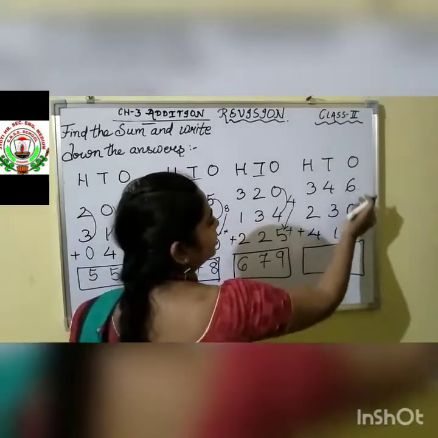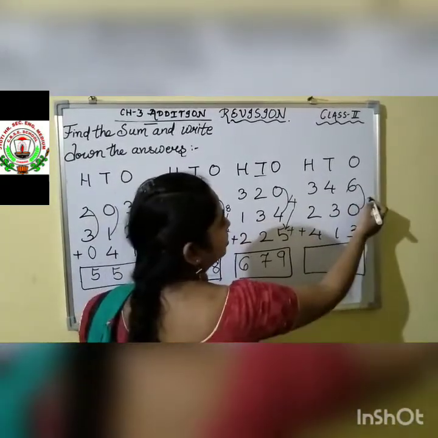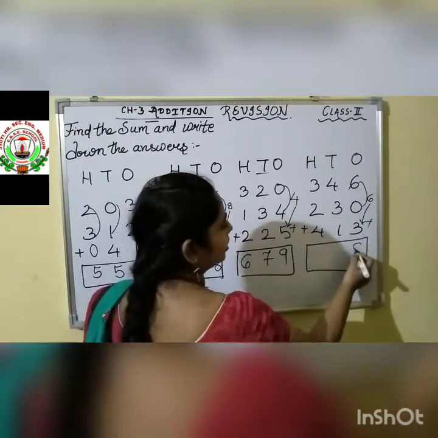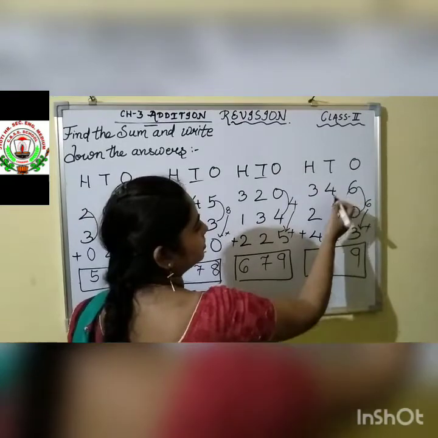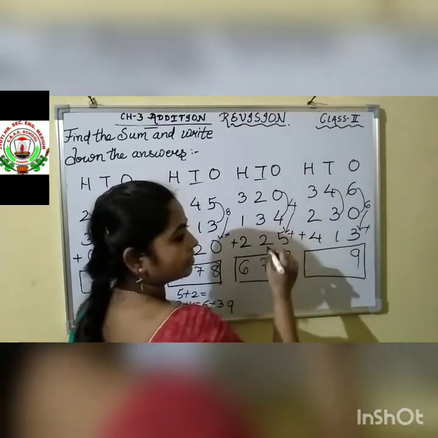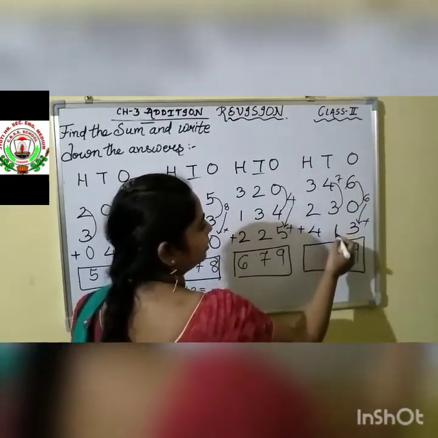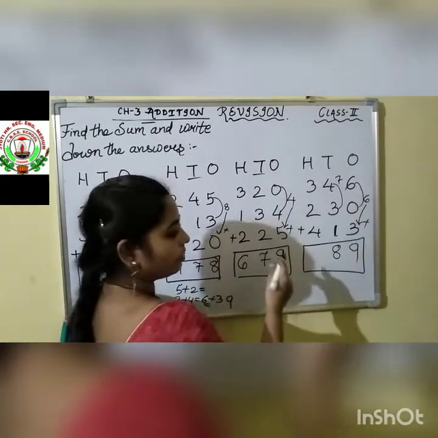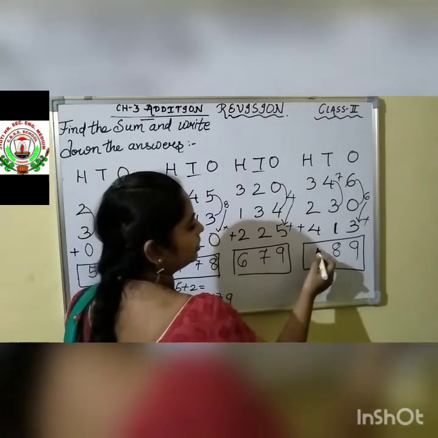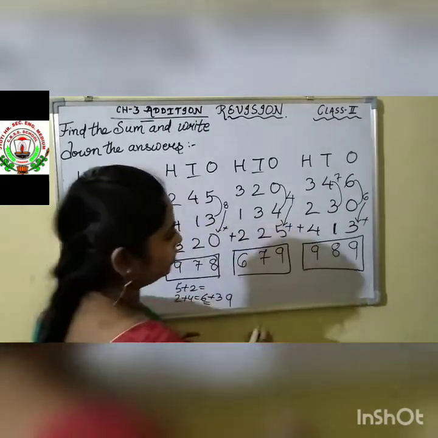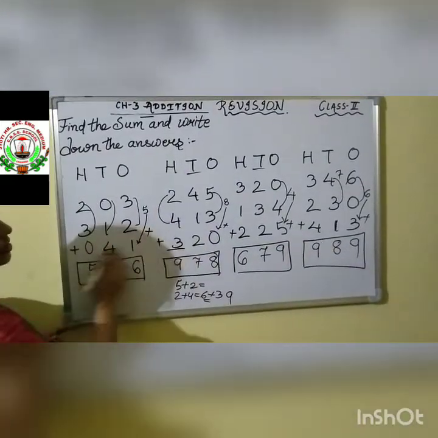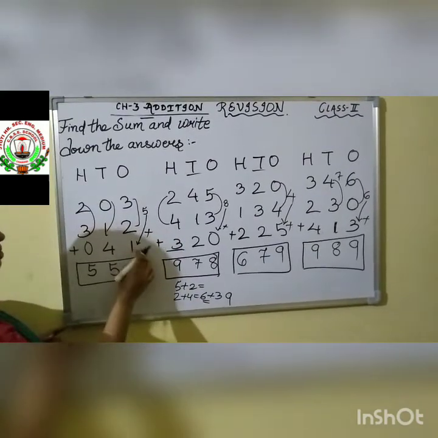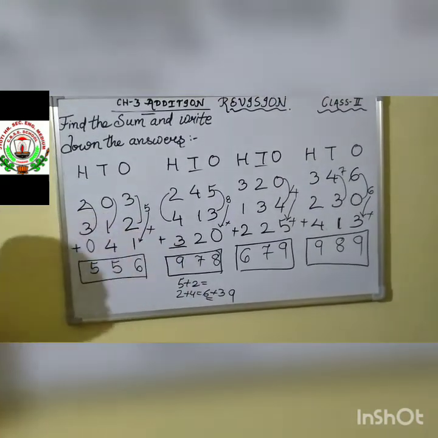Next question. 6 plus 0, 6. Then 6 plus 3, we get 9. Written. Next, 4 plus 3, 7. Then this 7 we add with 1, and we get the answer 8. Yes? Okay. 3 plus 2, 5. Then 5 plus 4, children, 9. So, understood how to do this? 3 lines addition. First add 2 numbers. Then whatever answer you get, add with the next number. And then directly write down the answer like this.